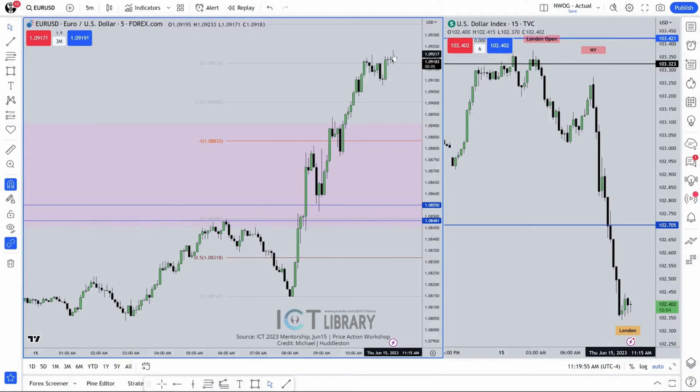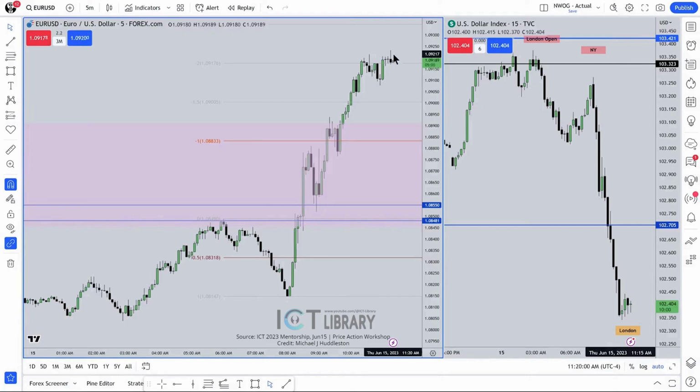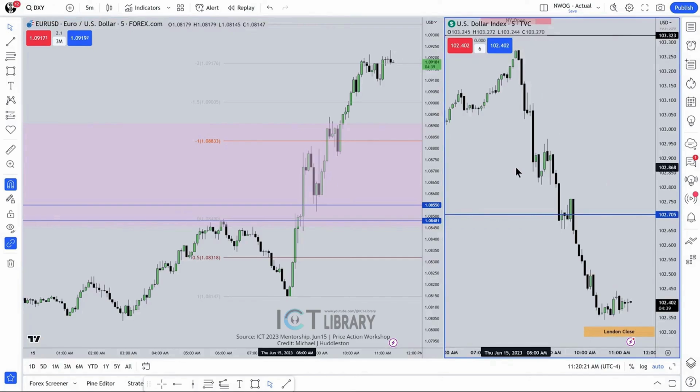Where do you define high? Every time it takes out a swing high. When you're long, if it's long in the tooth or it's been going for a long time, like we did here since 8 o'clock this morning, it's good money practice for you to be selling every time it makes a new high. Do you see how the euro has made a higher high and the dollar didn't make that lower low at the same time? Market symmetry suggests that in a perfect world, the US dollar should have made a lower low there,